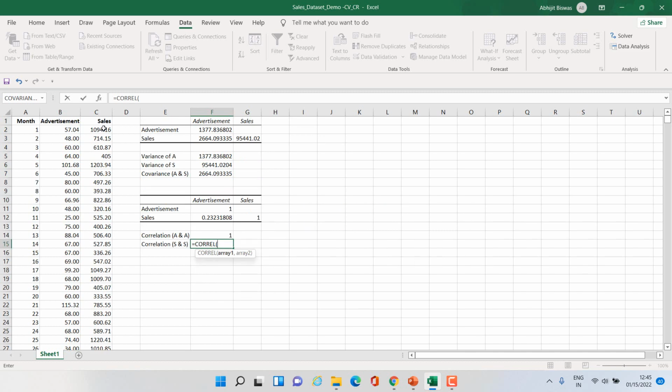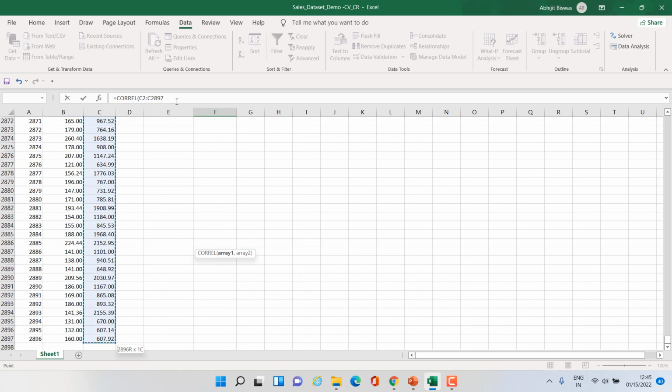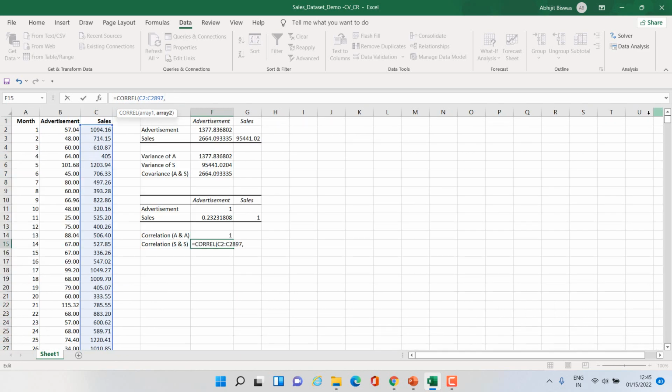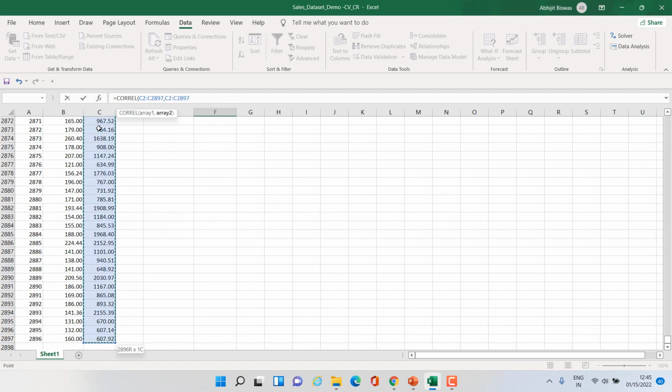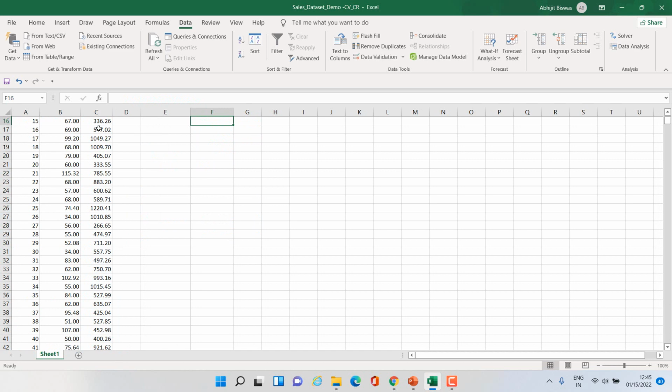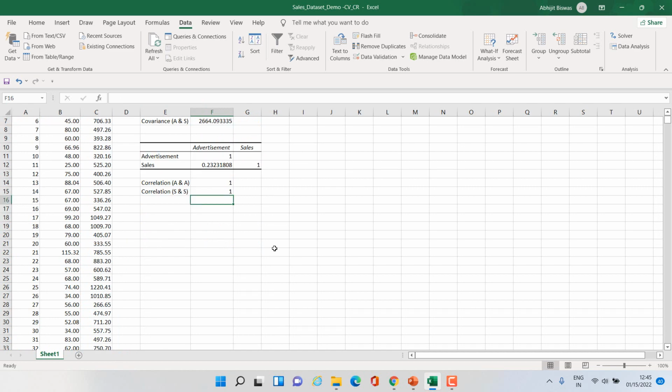Now I will select the sales values. Array 1 and array 2 both will be the sales values, right? So again I will select, bracket close, press enter. So this gives me again 1 as the answer, which is same as the output thrown by the data analysis toolpack.